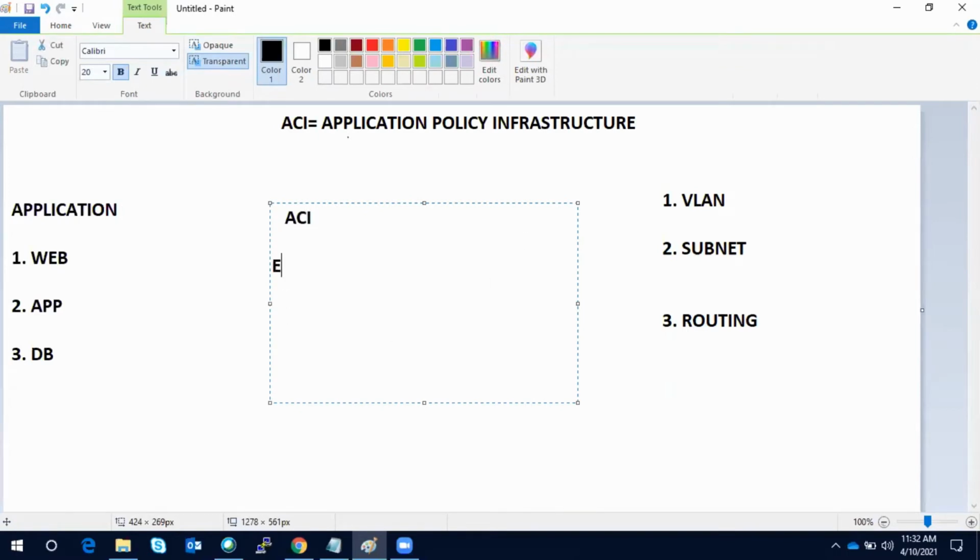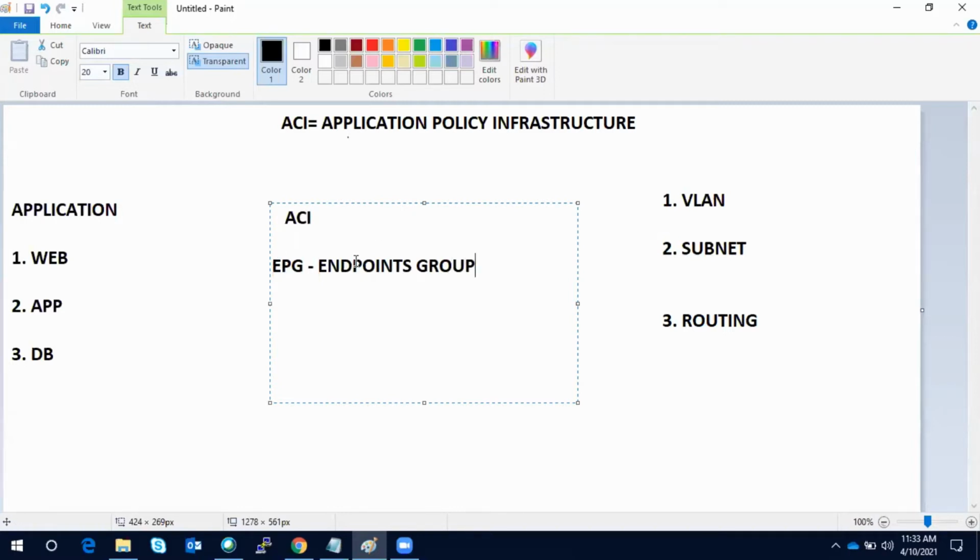They introduce one entity. So don't worry much about the terminology like EPG. I will explain in detail, but I'm just covering the introduction, so I bring up this term. They introduce one entity which is known as an EPG, endpoint group.